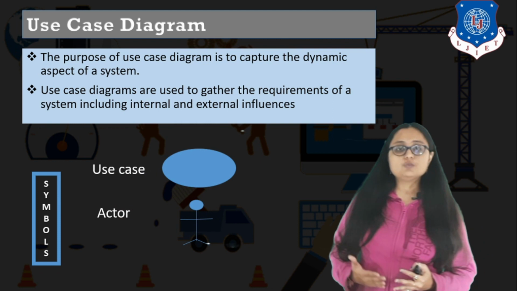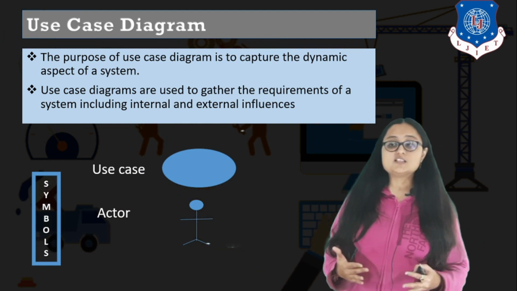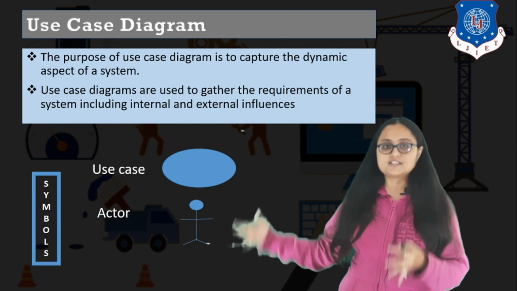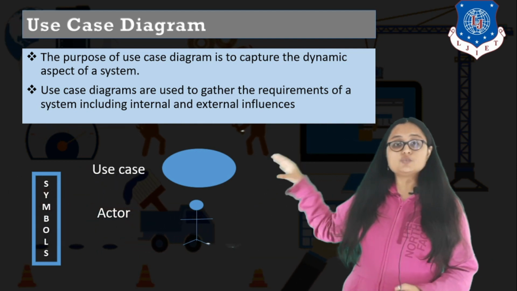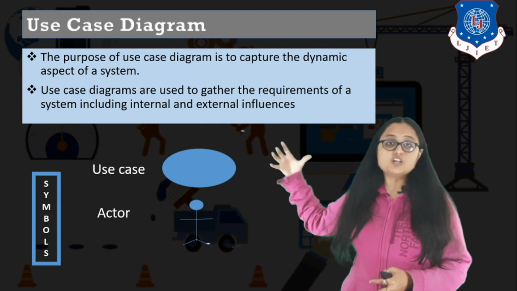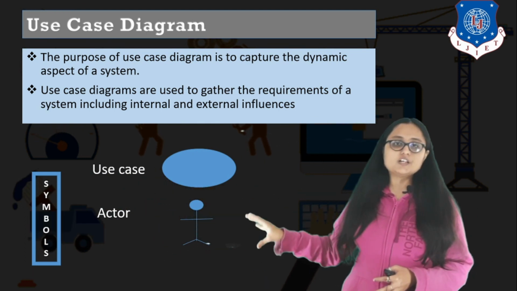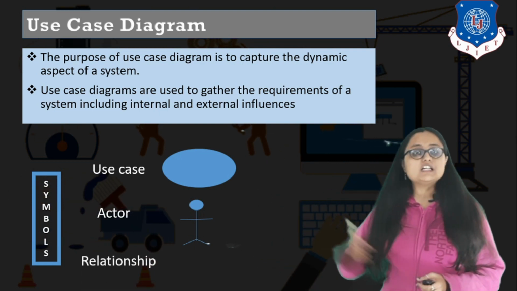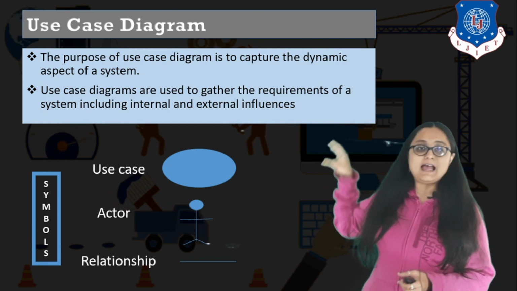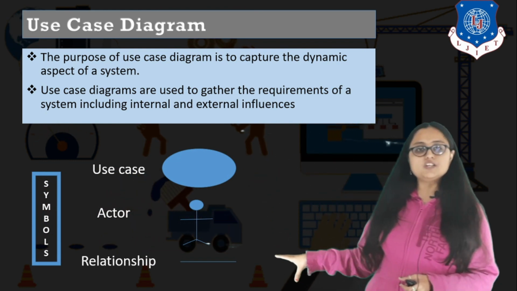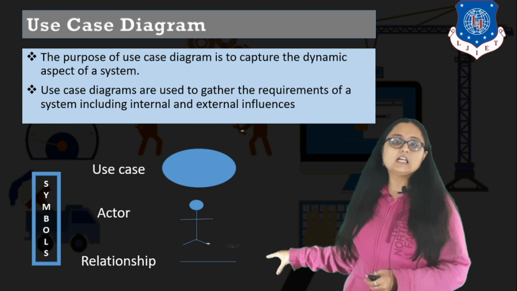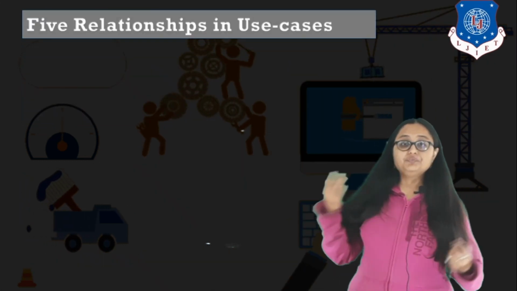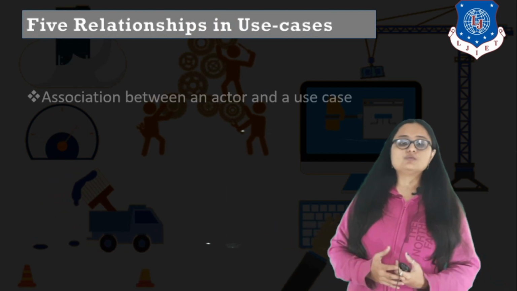So the first thing that you need to specify in a use case diagram is to list down the actors. What are the different users of your system? The next thing you will do is list down the activities or the functionalities that the user is performing, right? So these are the two symbols, and to depict the relationship between both of them, that is the actor and use case, you have this symbol, a simple straight line.